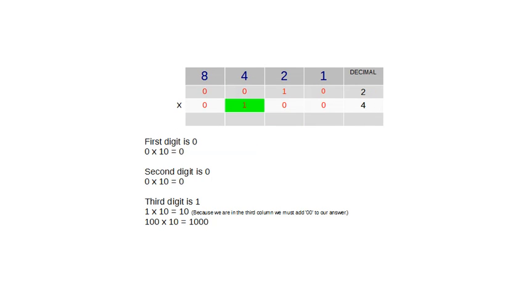And the third digit is a 1. So 1 times 10 equals 10, but because we're in the third column we must add 2 zeros to our answer. So then our answer becomes 100 times 10 equals 1000, which in binary is 4 times 2,